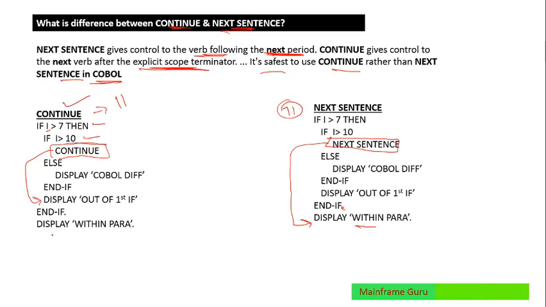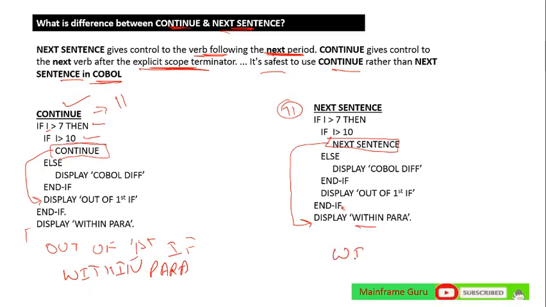So its output will be out of the first para, first IF, and within the para, next this is within the para, and its output will be only within the para.